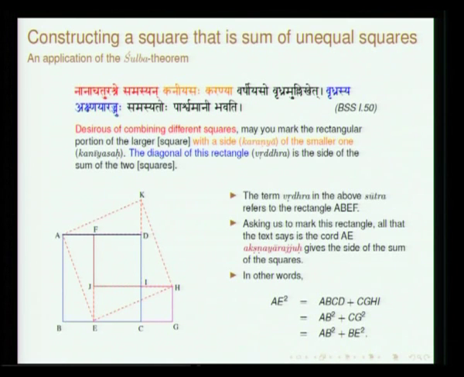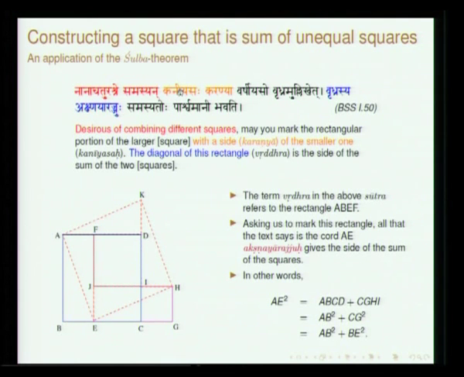This is where I stopped yesterday. Nana Chaturashre Samasyan Kaniyasah Karanya Varishiyaso Vridha Mullikhet Vridhrasya Akshnaya Rajjuhu Samasyatoho Parshvamani Bhavati. Chaturashra, as I said, is square. Samasyan means desirous of putting together. Samasanam means putting together. Kaniyasaha, Kaniyan refers to the smaller one and Varshiyasaha refers to the larger one.